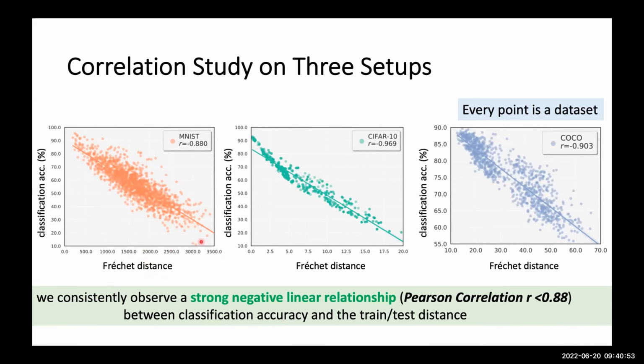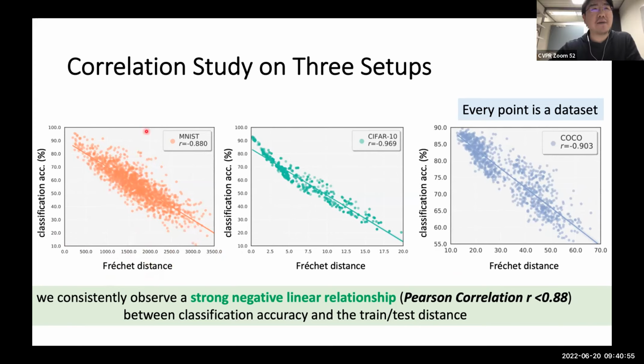Okay, so this is on MNIST. We use MNIST as the seed data and we can have this correlation study. If we do it on CIFAR-10 and COCO, we observe similar trends. All of them show a strong negative linear relationship between classification accuracy and the training-test distance.